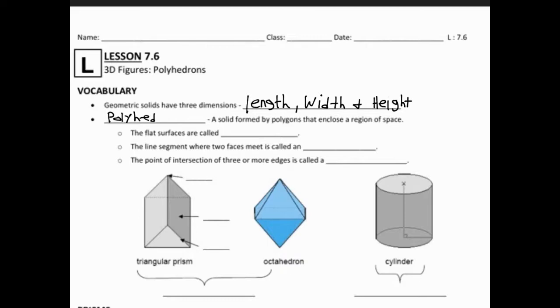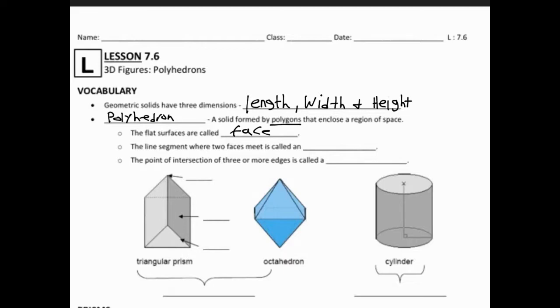A polyhedron is a solid formed by polygons that encloses a region of space. The keyword here is polygon, because the word poly is in polyhedron. A polygon is any closed shape, like a square, a rectangle, or a triangle, anything that has straight sides and is enclosed. So a polyhedron is made up of multiple polygons put together to enclose a region of space. And each one of these polyhedrons has a flat surface called a face,